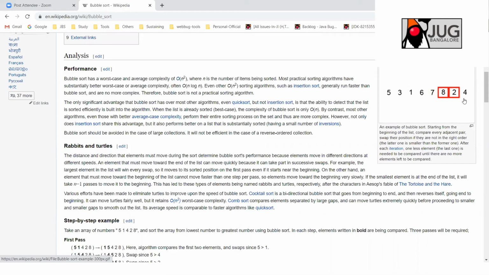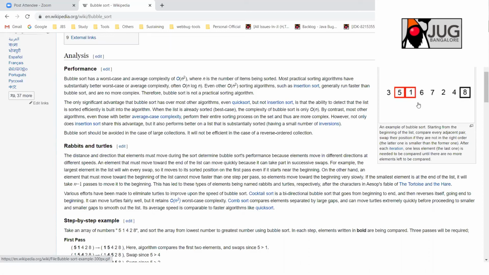So in this case, if you see, in all the elements 8 was the largest, and the 8 will be placed at the last, and next you start again the next iteration. Again pick the second largest element and place it at the second last position. For example, in this case, at the end of the iteration, 7 will be placed where the 4 is now. So it goes like that.